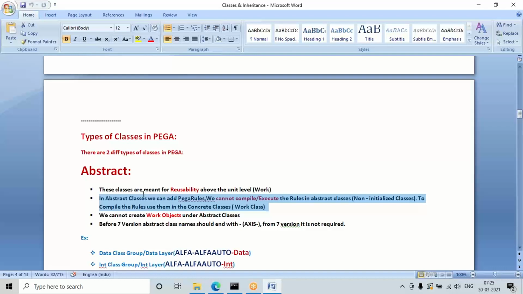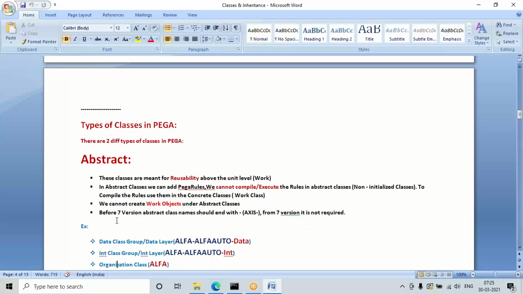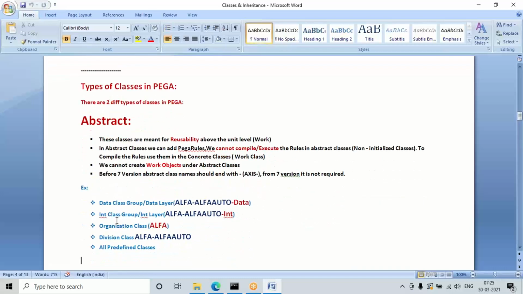We have to reuse. Okay, then practically we are going to implement all of that step by step. But the only thing is, in your application, which classes are abstract? If you want to know, the simple, easy way to remember is that after your application creation, except your work layer, all the remaining classes are structured as abstract.